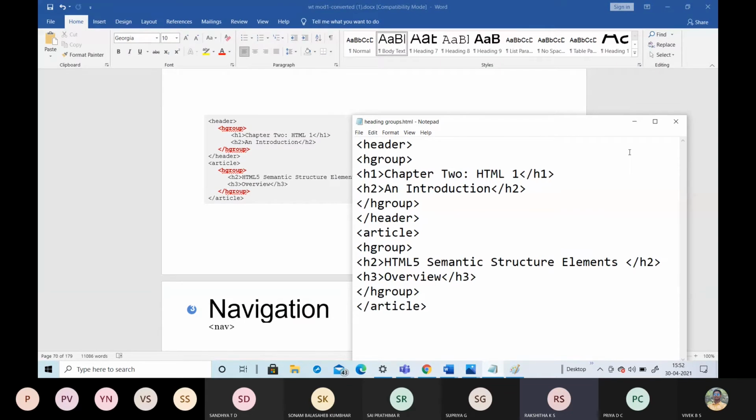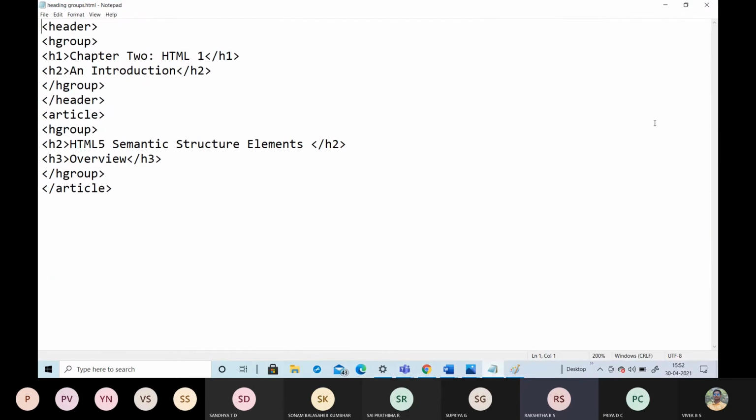This is the example for the heading groups. Take down the example for this heading group.